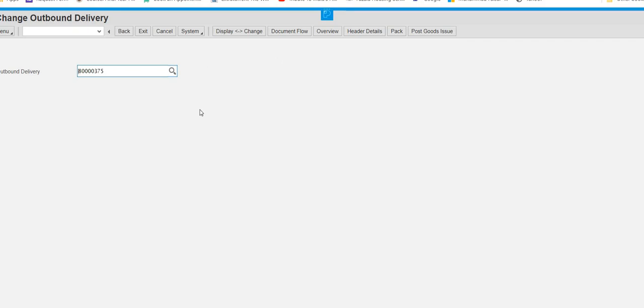So for this, what is required? We have to be on the same screen, the first screen, that is change outbound delivery. And on that screen, when you see this number, here there is a catch: you are not going to enter anything, but you are going to press post goods issue.